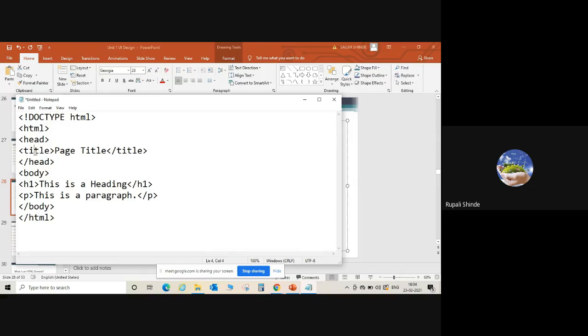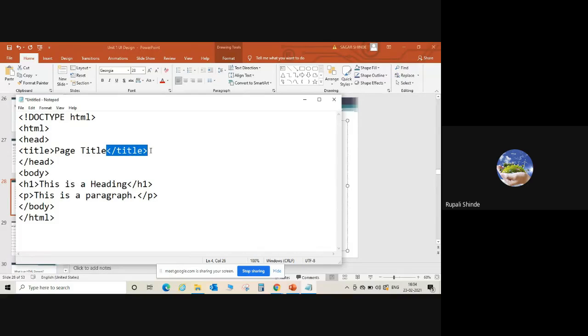So I'm going to write the title element. It should be included within opening and closing angular brackets. Every element should be enclosed within opening and closing angular brackets. After that you have to write your content, what you want to display, or the name of your web page, and then you have to close your element with the help of a slash.